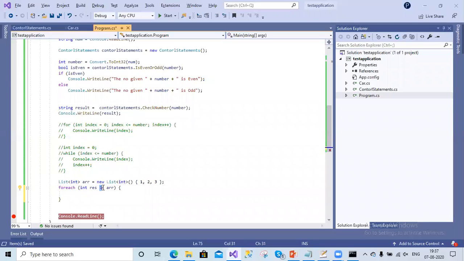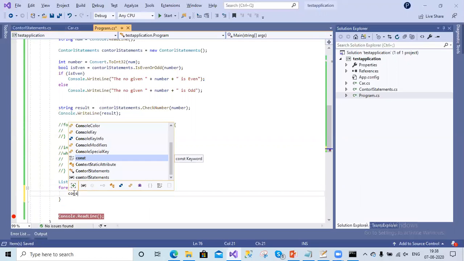And this is the in, which will iterate over these values until the array is finished. In the for each loop, incrementing of the value is taken care of by the for each loop itself. There is no need to increment the value from outside, and no need to initialize the value either. The first value will go to this result, and then it will display that value. Then it will increment automatically, and 2 will be given to this number again. So 2 will be displayed, and then 3 will be iterated. Once this array is finished, the for each loop will break. Let's display some message in the console window.